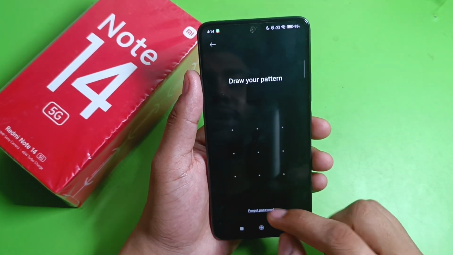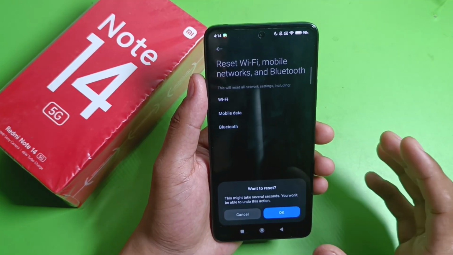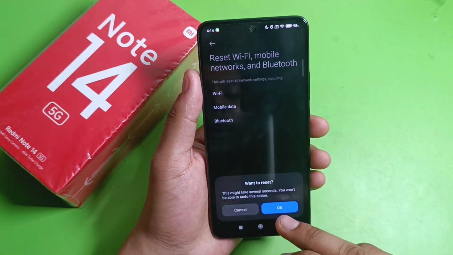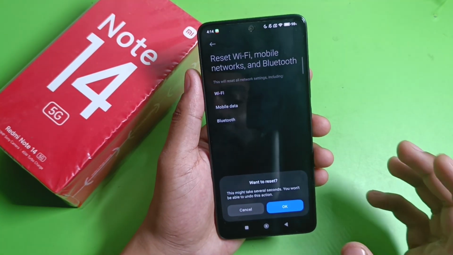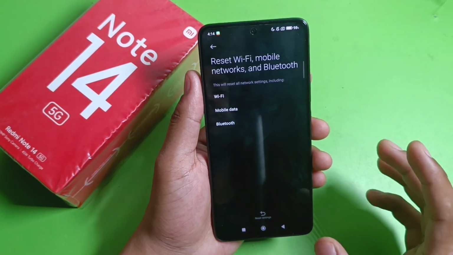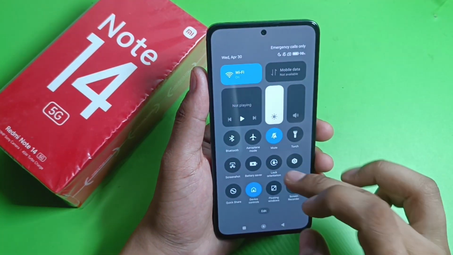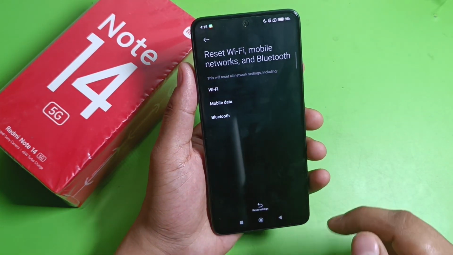Just tap on reset settings, draw the pattern that you have, that is the default pattern of your lock screen, and then it asks if you want to reset. This might take several seconds. You won't be able to undo this action. Then just you have to click on it and now you can see your network setting is closed and then it will be reset like this,